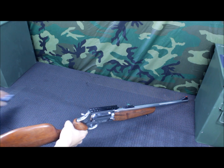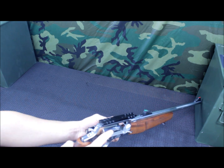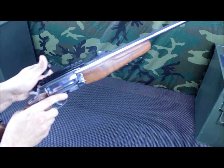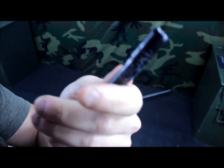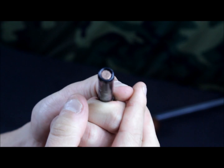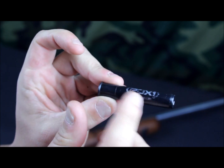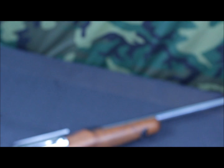Pretty smooth little gun here. I keep this loaded with 410 PDX rounds for my wife. I've got the 12 gauge and everything else for personal defense, but I've got these PDX1 rounds. Let me see if I can get that in focus. Let me zoom in and get it in the light here. Sorry, I'm trying to figure out the best way to position the camera. The PDX rounds have 3 copper plates, and I think 8 double-aught buckshot behind it. They've got some YouTube videos on this round. Pretty good little self-defense round, can totally destroy some watermelons. And the wife, she enjoys shooting this gun,